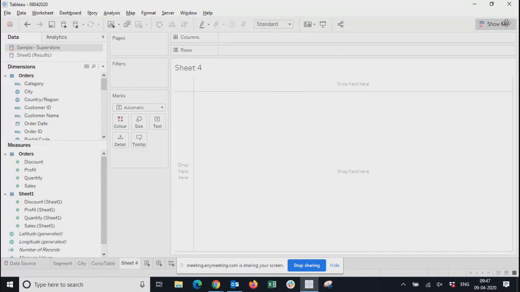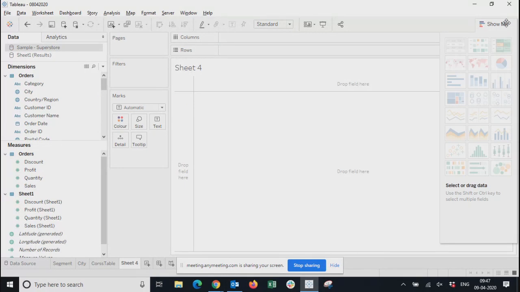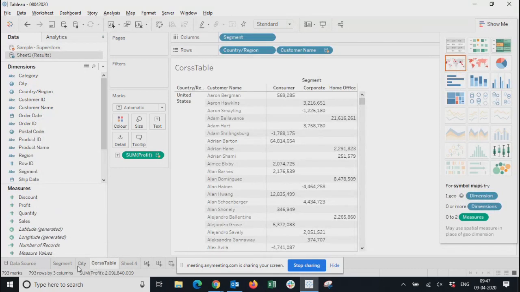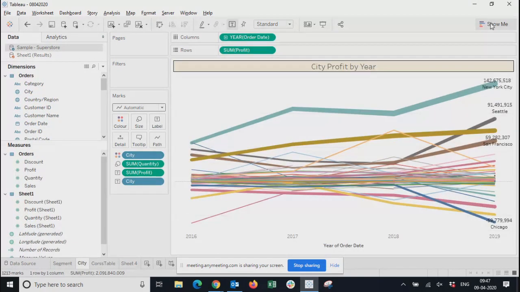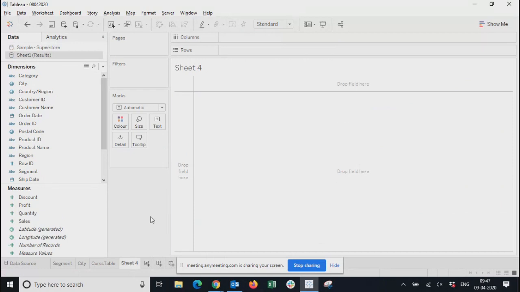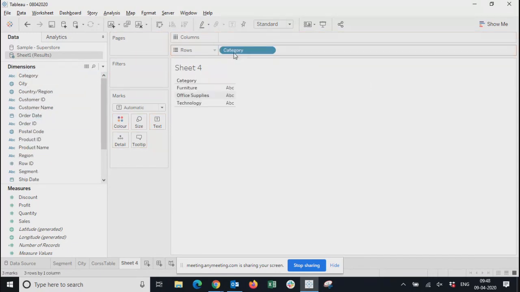Okay, now let me just talk about something simple. So far we went ahead and talked about this trend line wherein we were doing a lot of formatting things, height, width, labels. Similarly, the same thing can be done using bars also. So in order to do the bars, what I will do, let me take product category. Three categories are there: furniture, office supplies, and technology. Then under that we have subcategory,